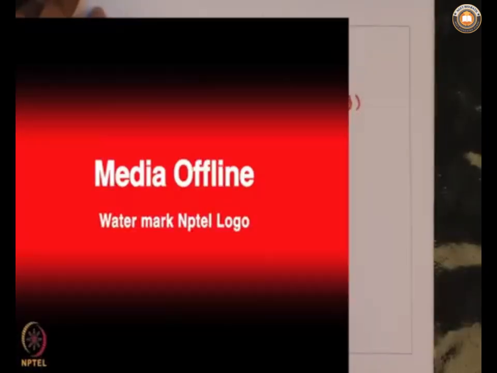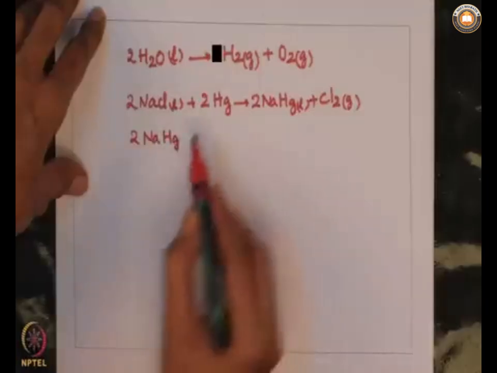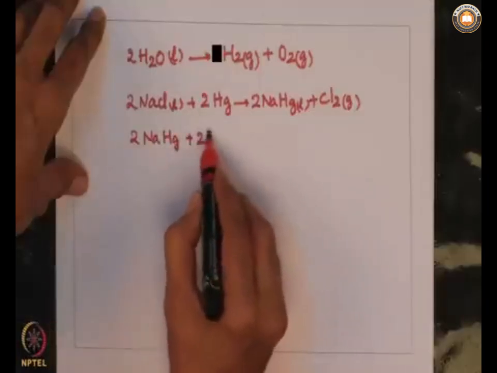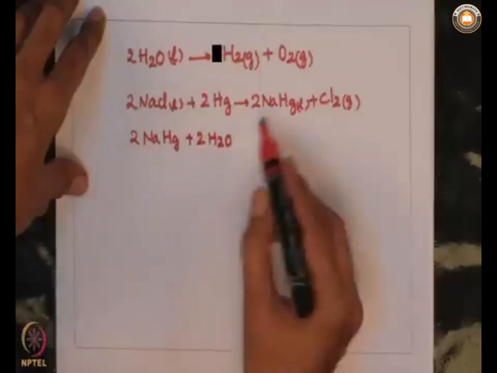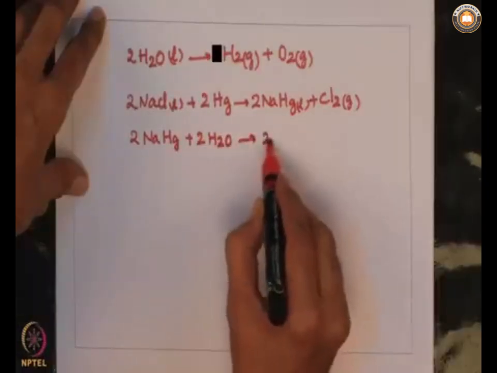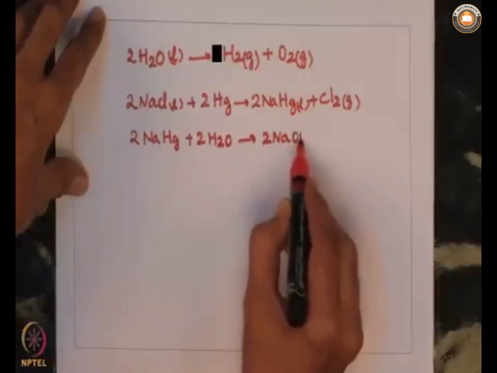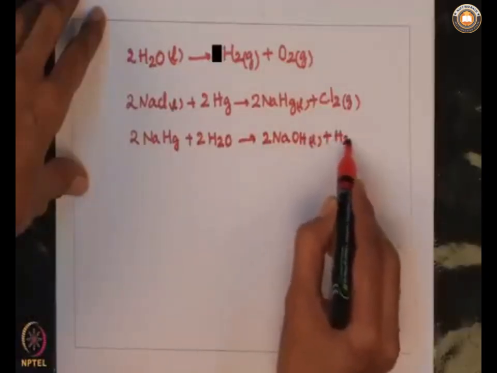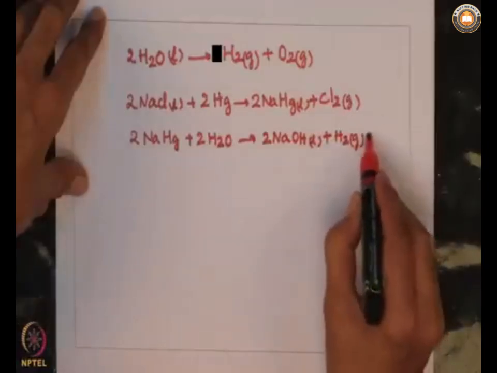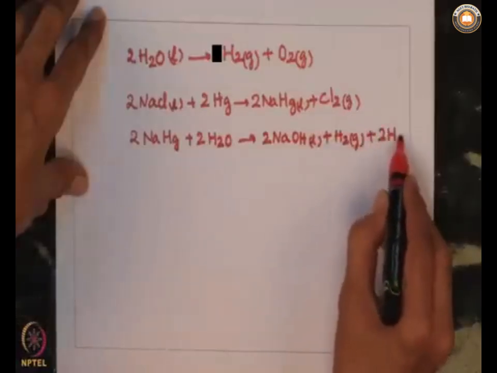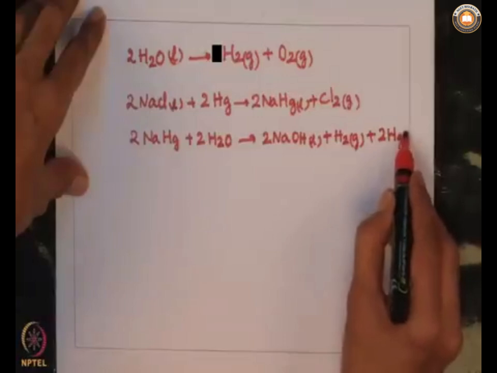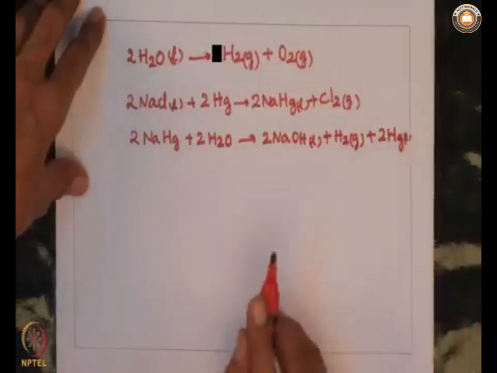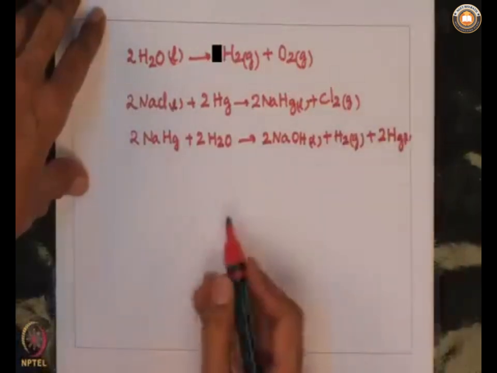This sodium amalgam reacts with water to give sodium hydroxide, and H2 will be liberated, and mercury also comes out. So, in the reforming of hydrocarbons,